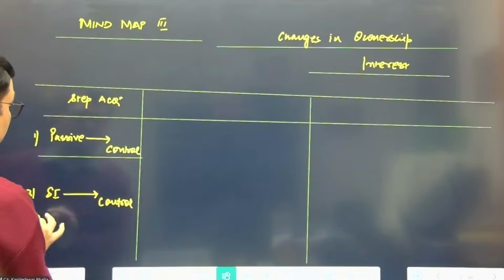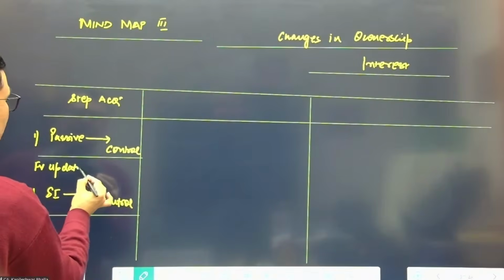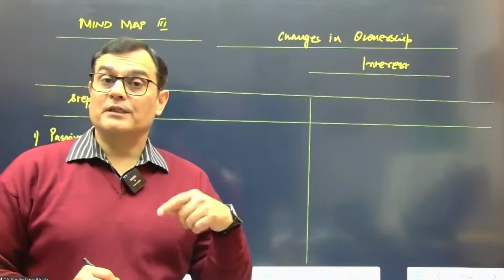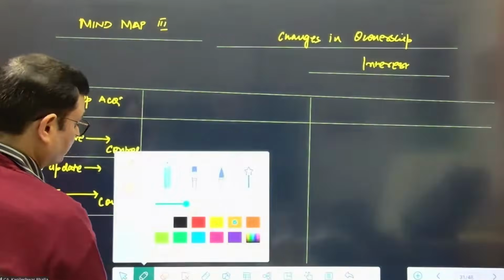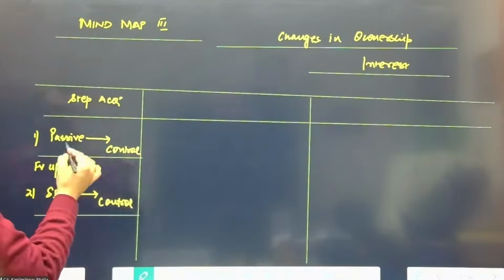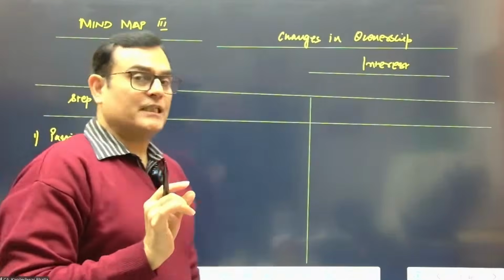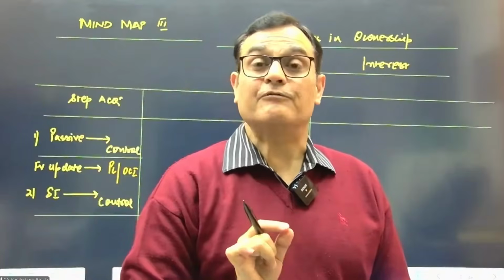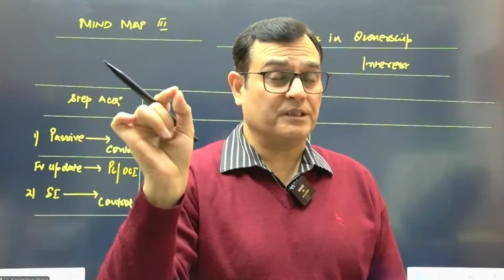Can you tell me, in this case, where will the fair value update go? When you update the fair value, where does it go? We did this in 103, moving from 109 to 110. Changes in the fair value go to P&L or OCI as the case may be, correct? Because as per Ind AS 109, you would have taken the investment at FVTPL or FVTOCI. Accordingly, the fair value gains will either enter the P&L or other comprehensive income.